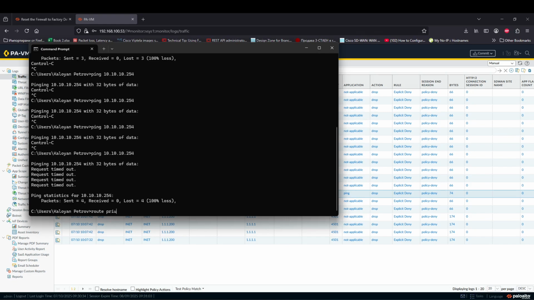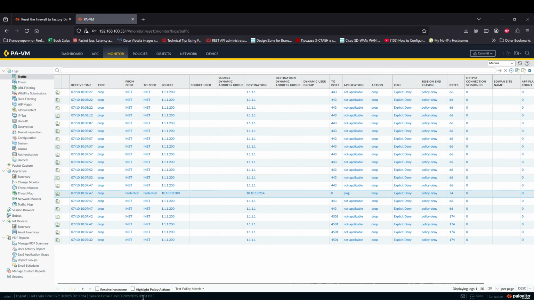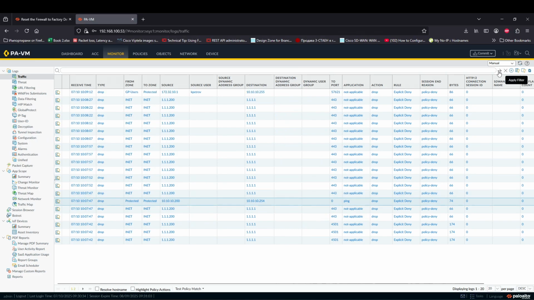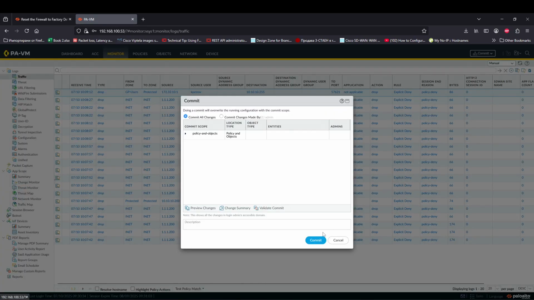Let me verify once again. Route print, if we do. Here we have the route, which is supposed to use the GlobalProtect Gateway. Okay. I'm generating traffic. What is this now? I'm pinging. This is some weird port. It doesn't say ping, but I'm not generating any other traffic. This is some kind of broadcast traffic. I don't know how it was even generated, but okay, it doesn't